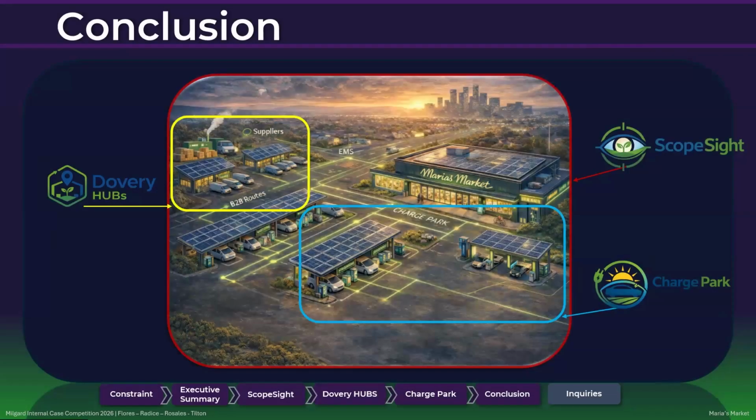sustainability risk coverage. Now we'll close by tying all three moves back to the same outcome: scaling without increasing our prices. Here's the integrated logic. Scope Site lowers upstream costs and risk through supplier discipline. Delivery Hubs lower last-mile costs, reduce new store capital expense, and protect margins as digital orders grow. ChargePark grows Maria's Market's brand image, diversifies income channels, lowers store operating expense, and standardizes energy performance across all 55